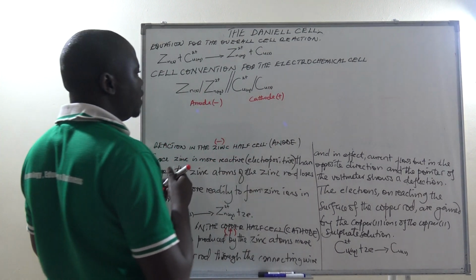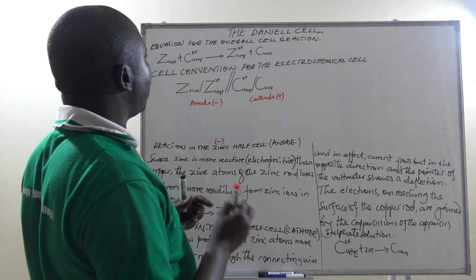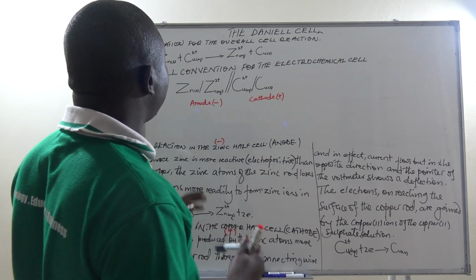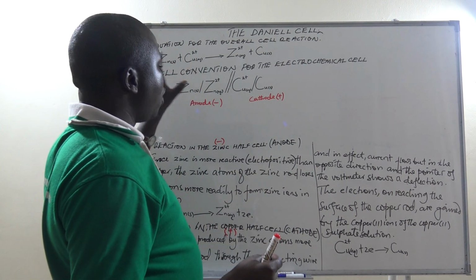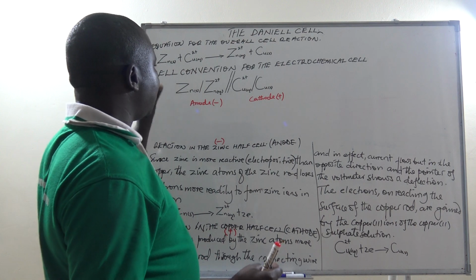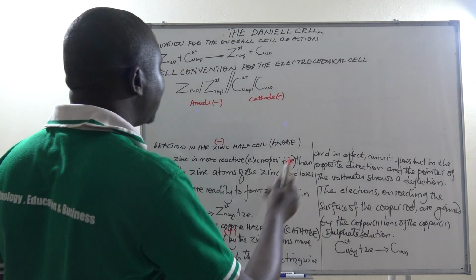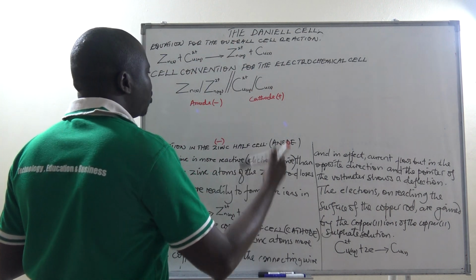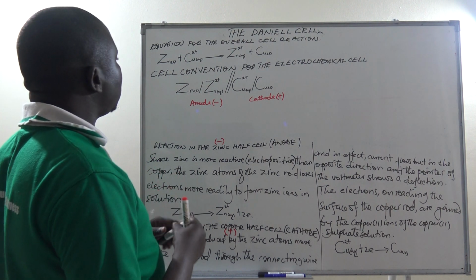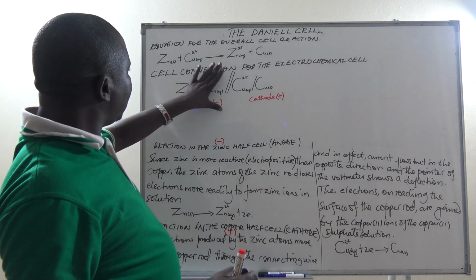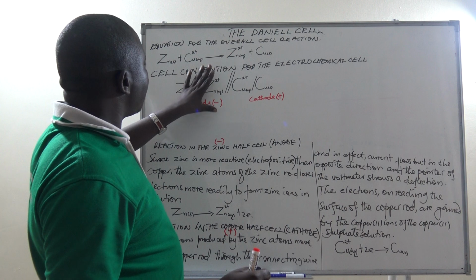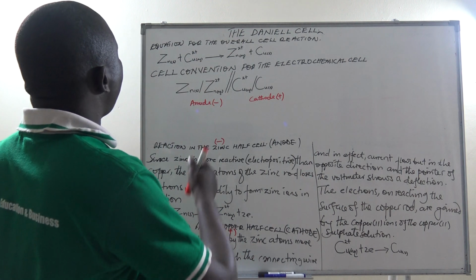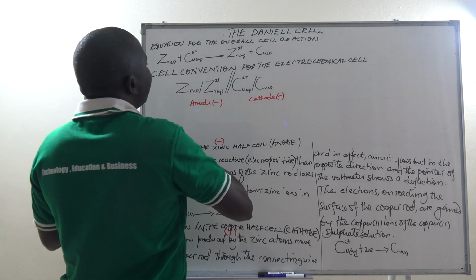Please don't confuse this with what we call the electrolysis cell. This is an electrochemical cell where we don't have the source of direct current. The source of the current itself is the reaction that takes place. So don't forget that at the anode, or on this side of your conventional cell notation, we have the